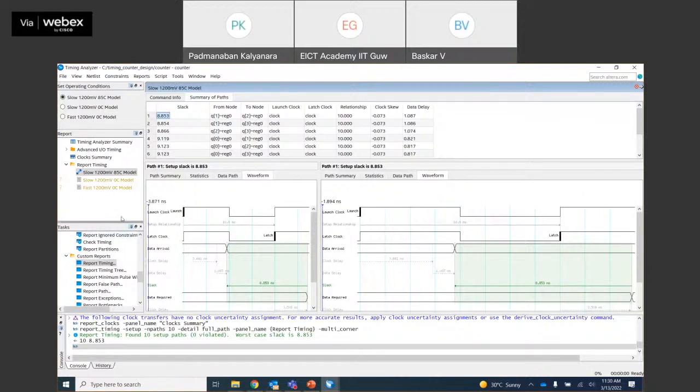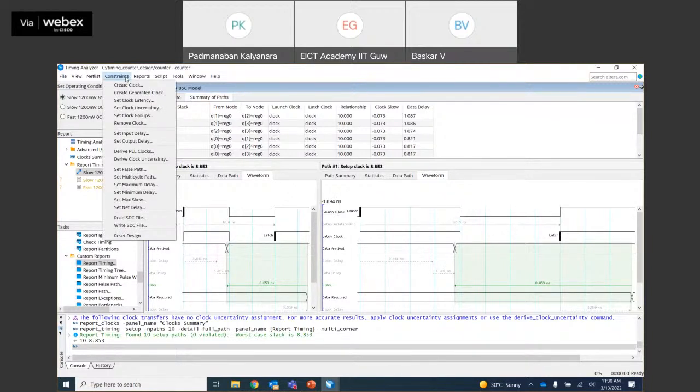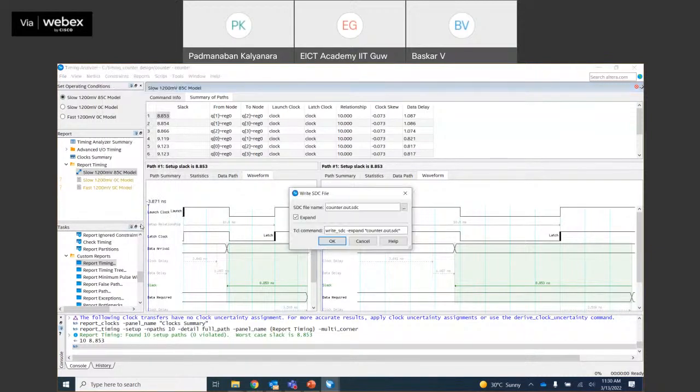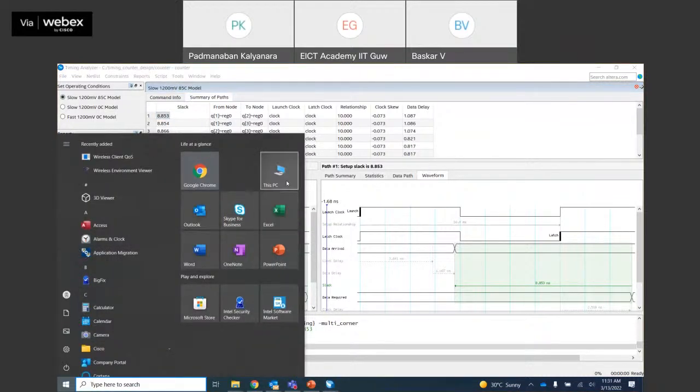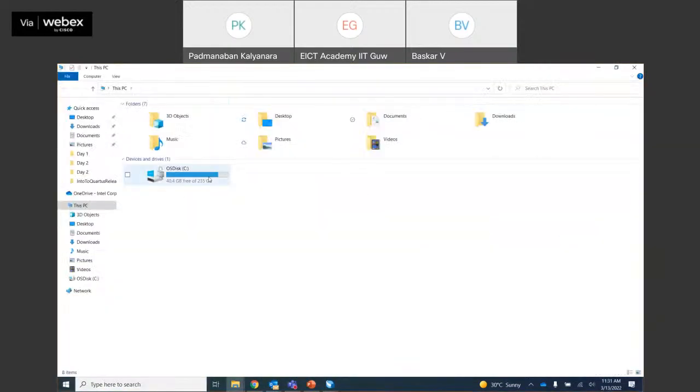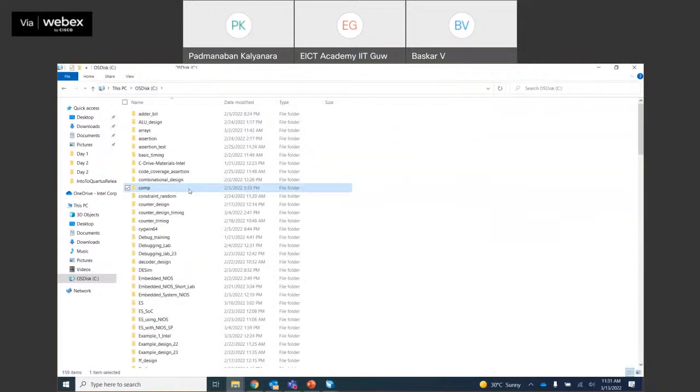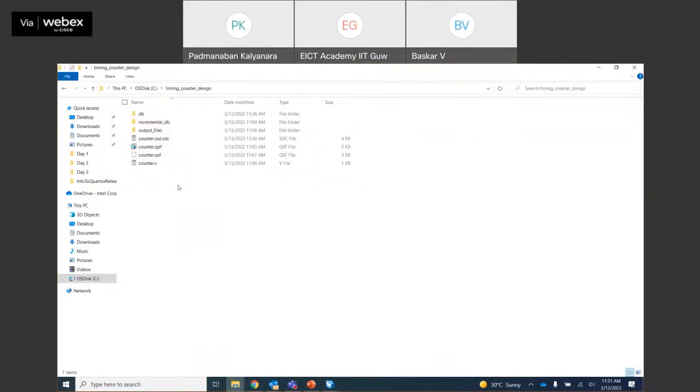Right, let me take you to the next logic. When we click the constraint, you can see down there, write SDC file. The moment you say write SDC file and say OK, the SDC file is automatically written. To find where it is available, you can go to the C drive, timing, counter, design. Inside that, you can see there is a